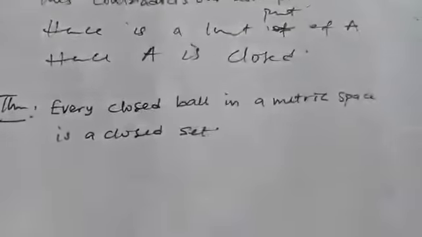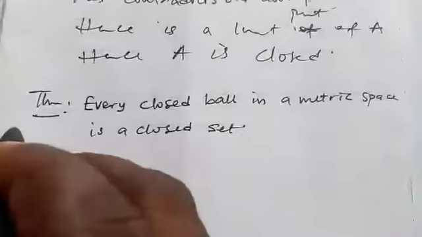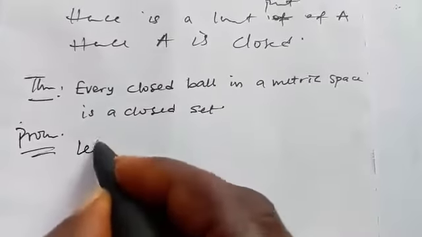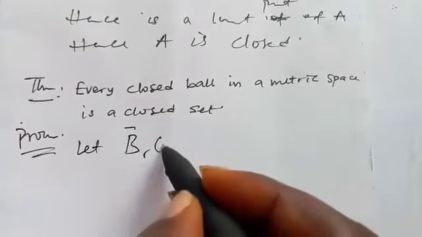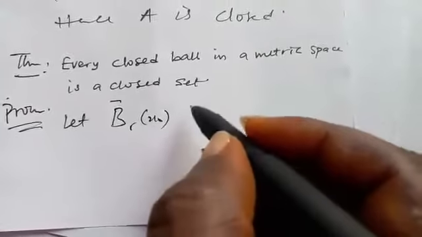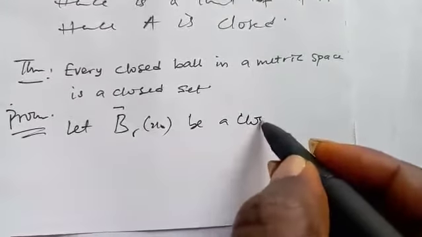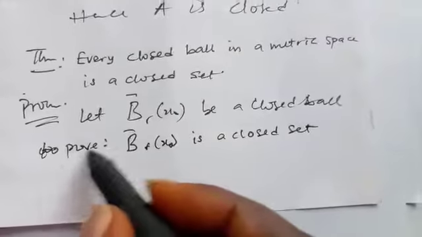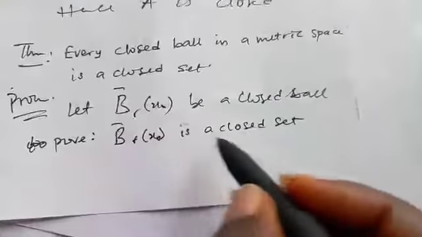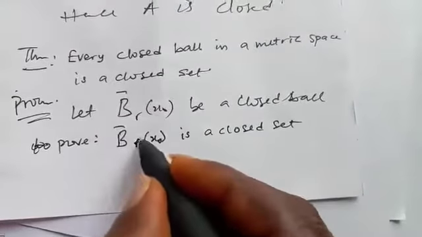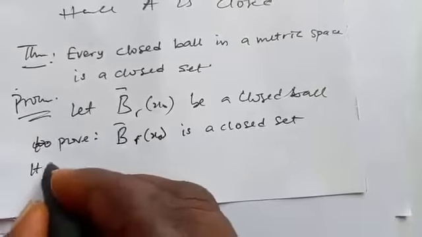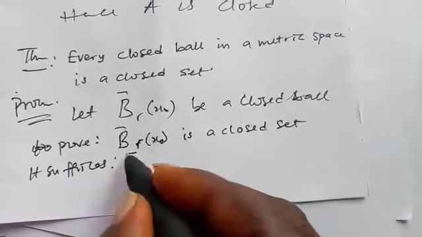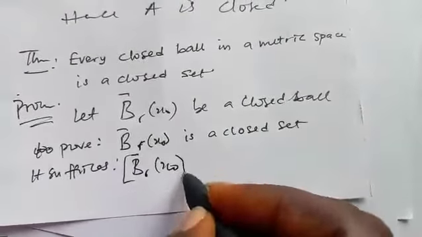Now let's consider another theorem. Every closed ball in a metric space is a closed set. Proof. Let us consider a closed ball centered at S0. What do we want to do? We want to prove that this closed ball is a closed set. So it suffices to prove that the complement of this ball